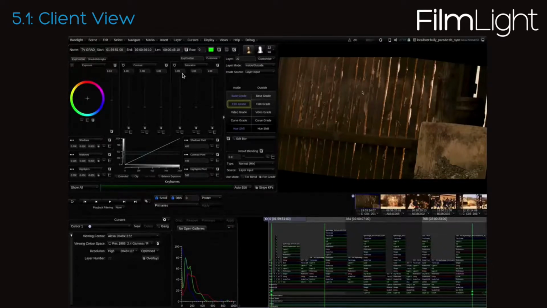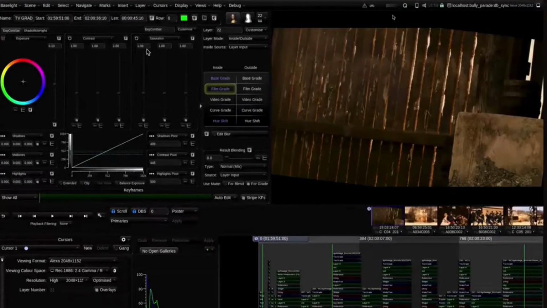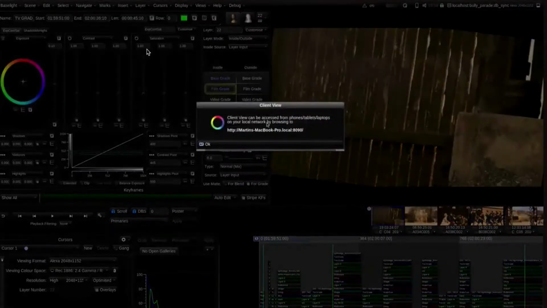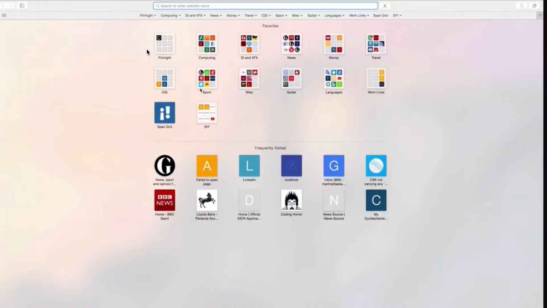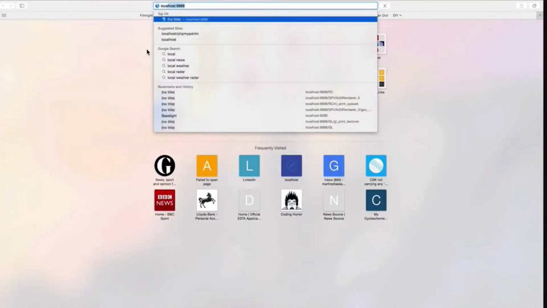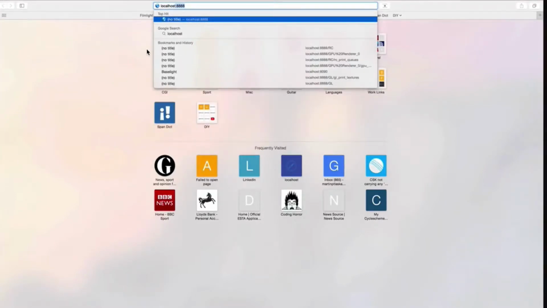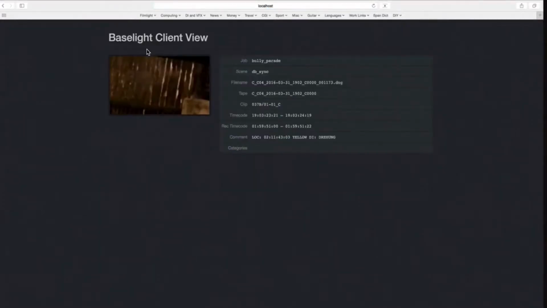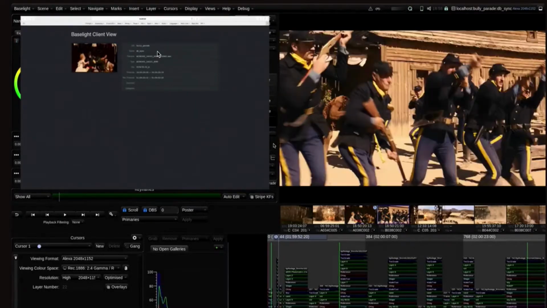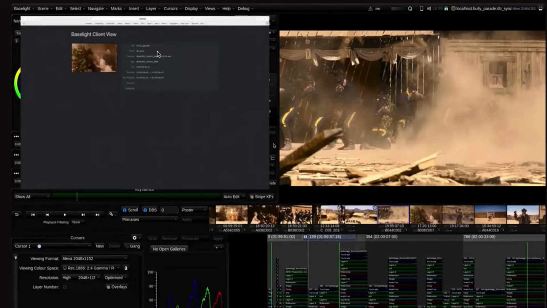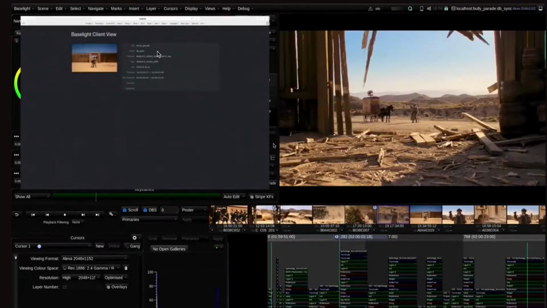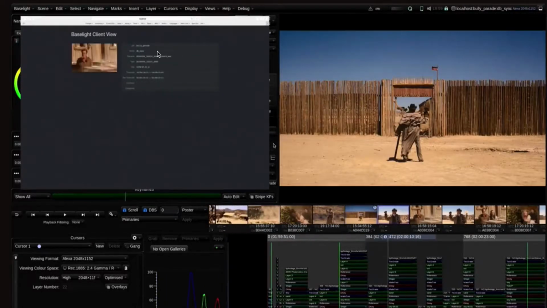So it's pretty simple to switch on. You simply go to the client view menu in the status bar, turn it on. That opens up a port on the machine, on the Baselight. In this case, it's my Mac. And then simply the client switches to a web browser, types in that address. Here it's localhost 8090, and that will give you metadata like take name, clip name. And then as we see stepping through the shots in this film, it's called Bully Parade,